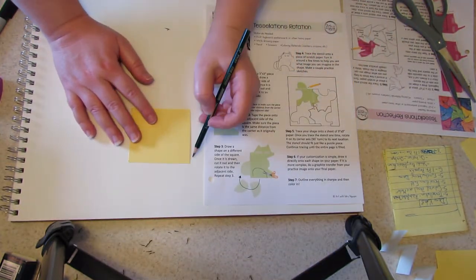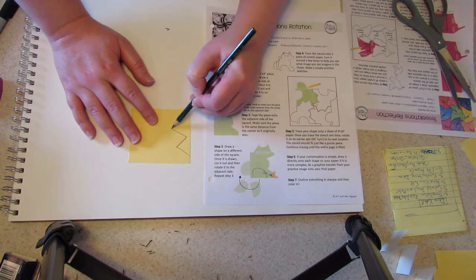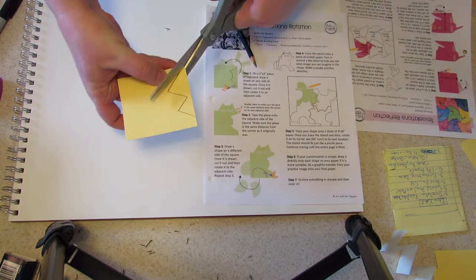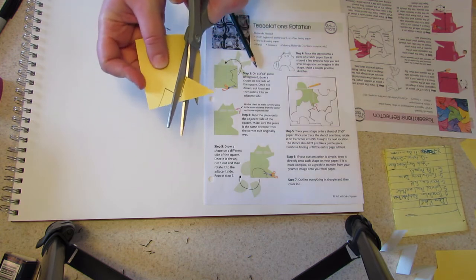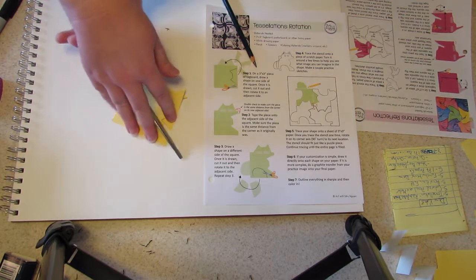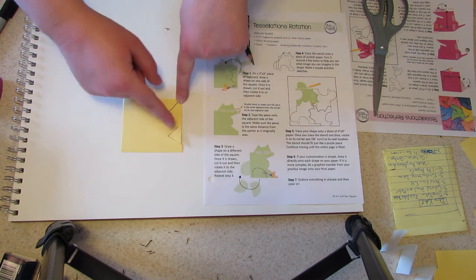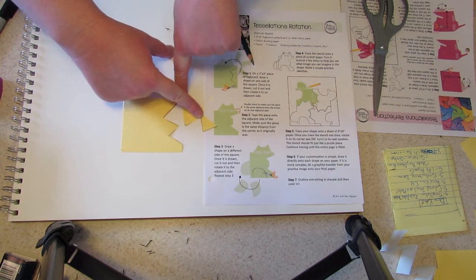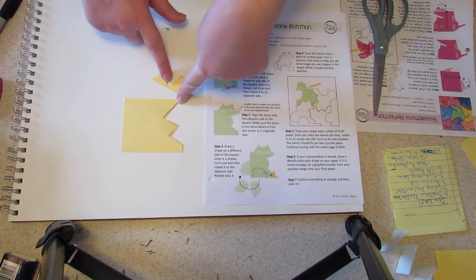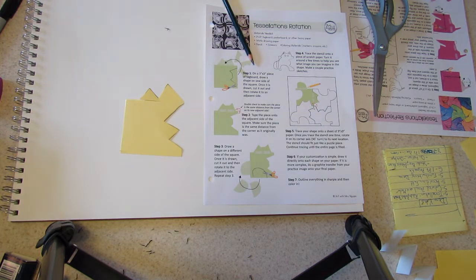So if I draw this, maybe we'll make almost like little mountains, okay? Now when I cut this out, again, it has to be in one cut. Okay, I have it here. I'm putting my finger here. This guy spins around, and spins around, and comes to a stop. So now when I tape them back together,